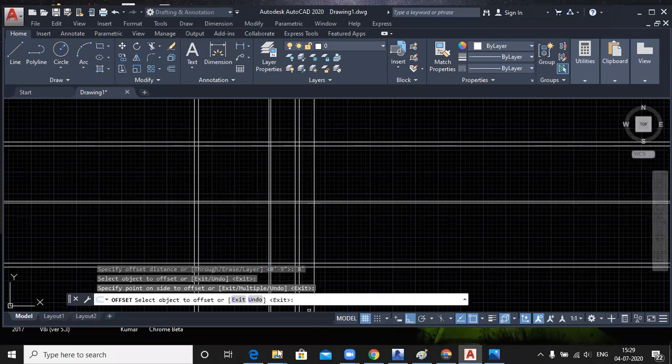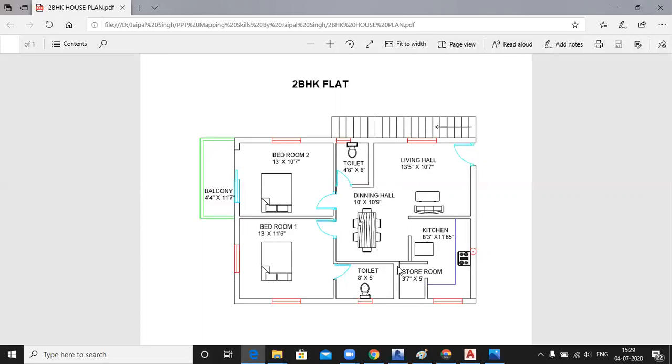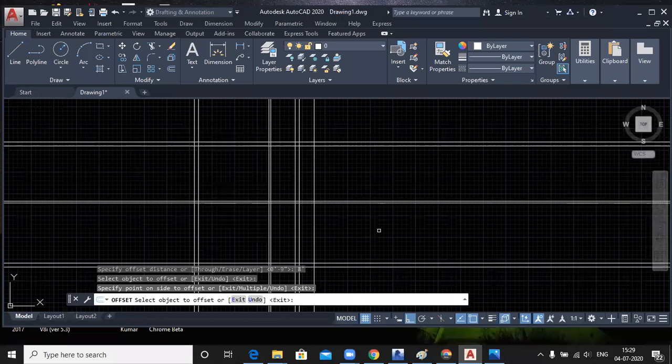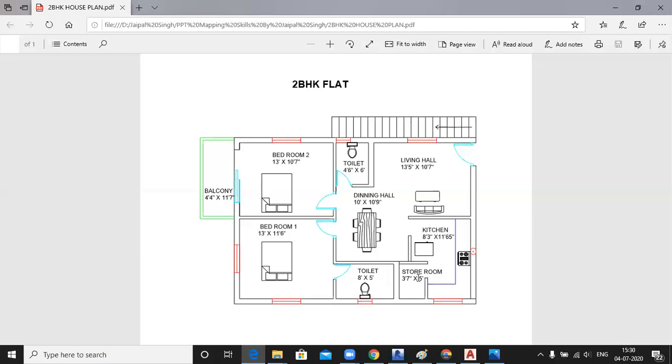Again, it is 9-inch. See, specify 9 and create. Okay. Now, for this, we also have 3 feet 7 inch. 3 feet 7 inch.